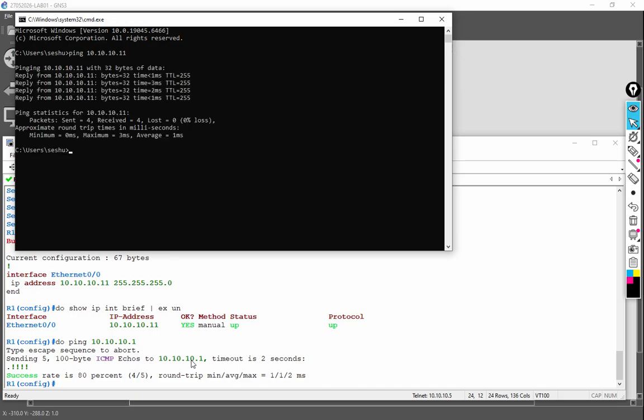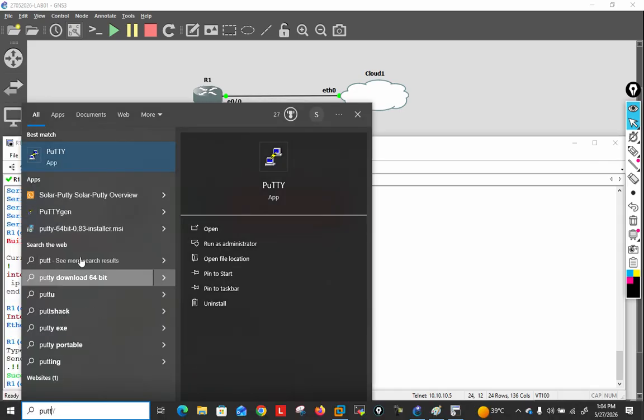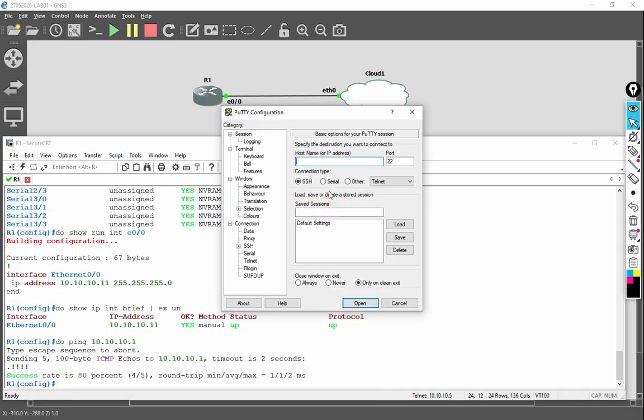But now I didn't enable the telnet, but I tried to do the telnet. Let's go and see. Just open PuTTY here. Then go to the other option, and you can see that by default it's selected as telnet, and the port number is 23. Type the IP address, which is